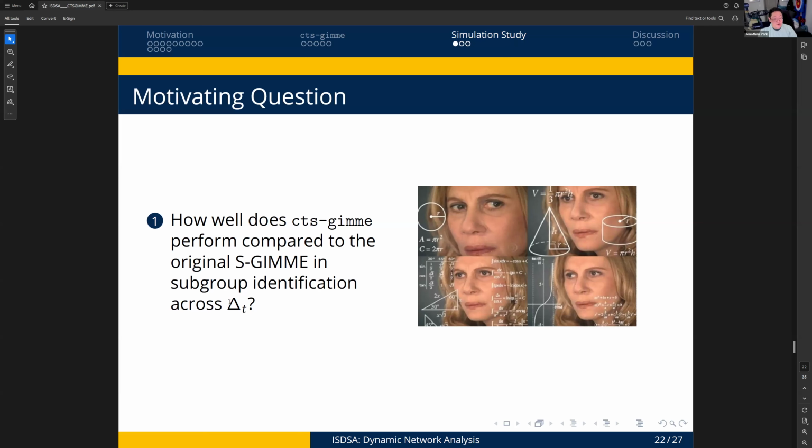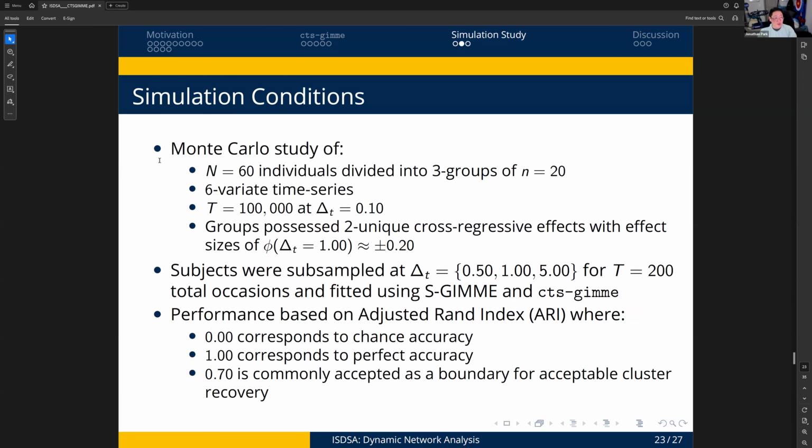In particular, I wanted to pick up on this idea of the sampling rates. I talked about this illusory homogeneity earlier, that sometimes I would do better, sometimes I would do worse just because of when I sample. And I wanted to see if that effect would emerge. So that's really our primary motivating question here.